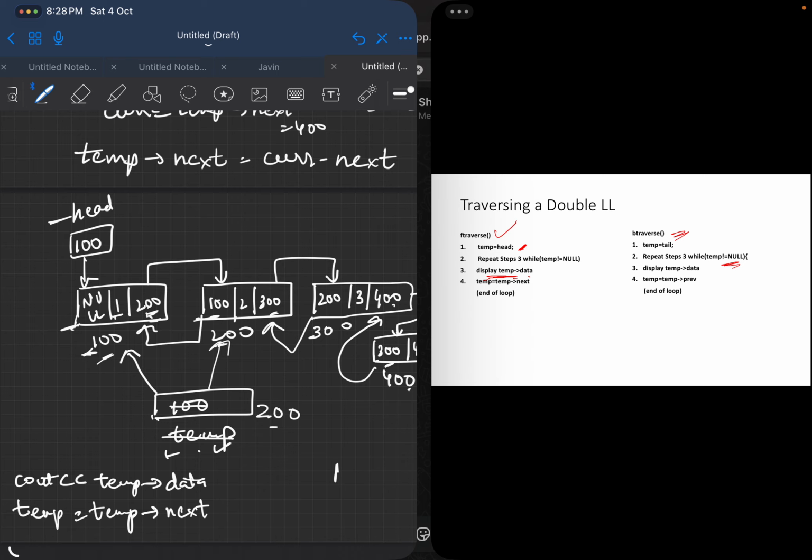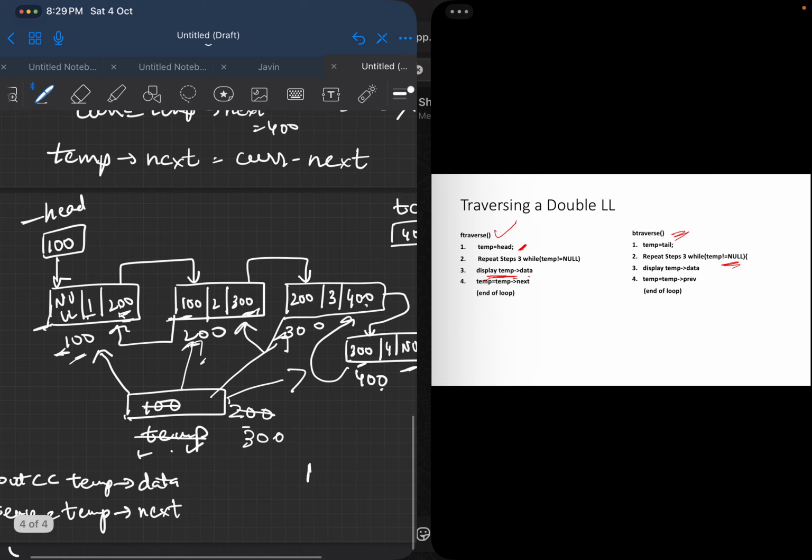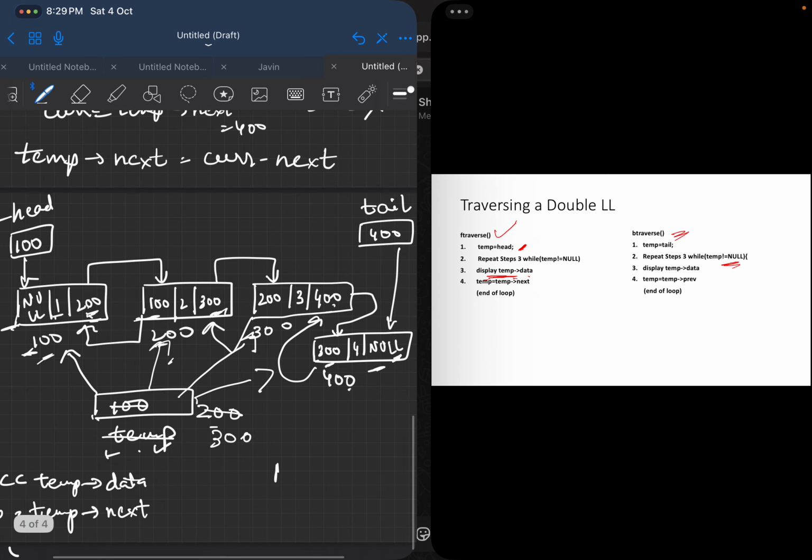Again it will be updated to 300, which I will get from next here. So temp's next is 300, so temp will point to here. Similarly it will point to here. So now this next part will have the value null. That means we have already reached the last element. Once we reach the last element, this condition is false, so we are out of the loop. So all the elements are displayed now. This is known as forward traversal,